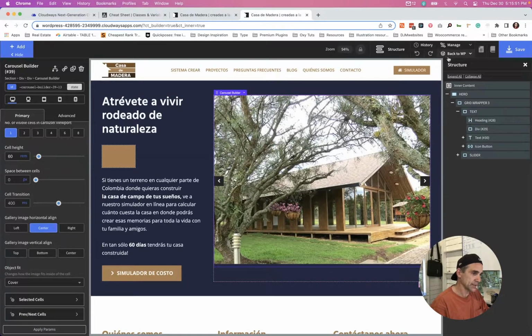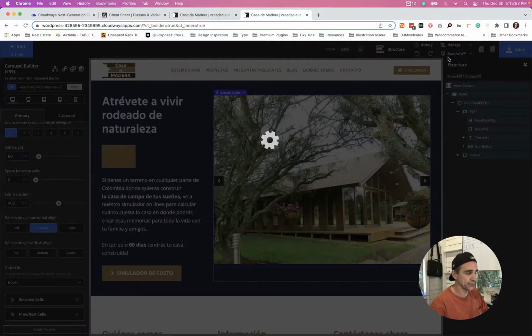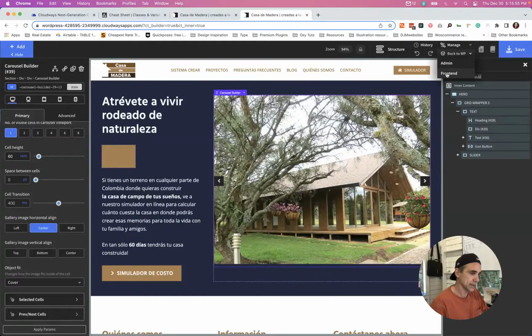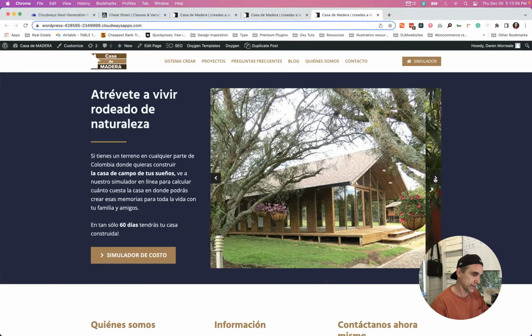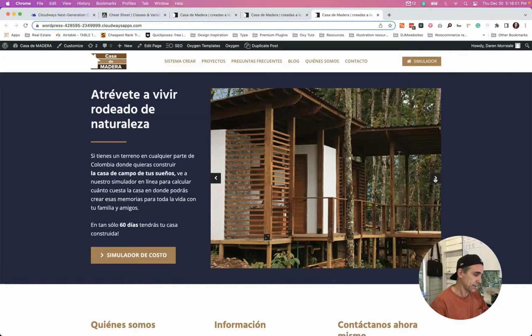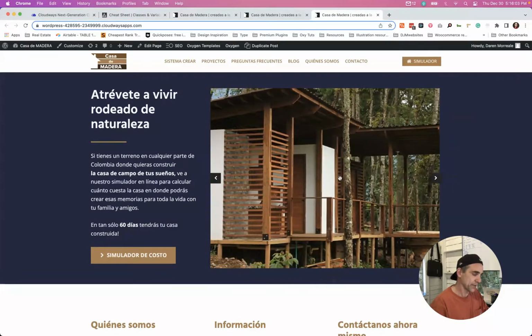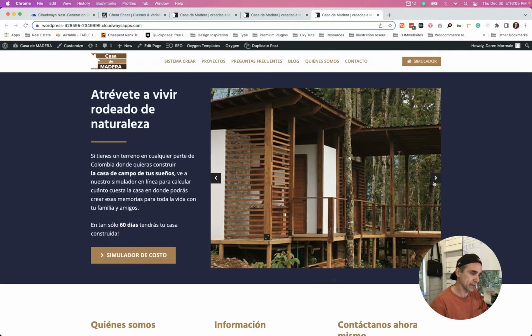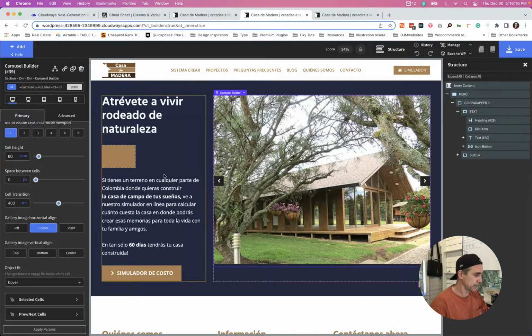And let's save. And then we're going to see how this looks on the front end to see what we need to do next. Come over here. And that is, yeah, I mean, we're there. So there's a couple of things I need to adjust. So you can see right now that when we come to the third image, that's it. You can't go on. So what I want to do is create an infinite scroll so that when you come to the third one, you hit it again, brings you to the first one. And we're going to do that